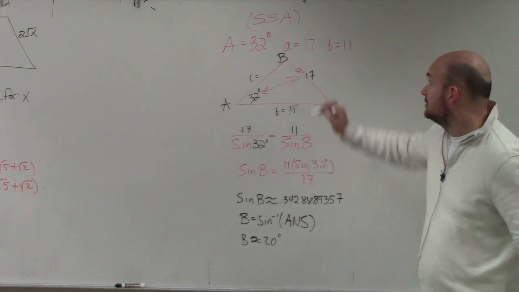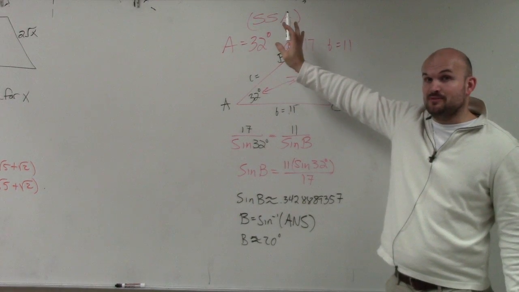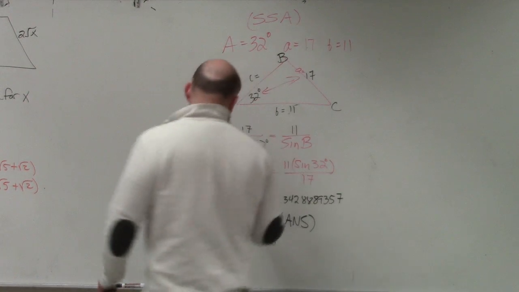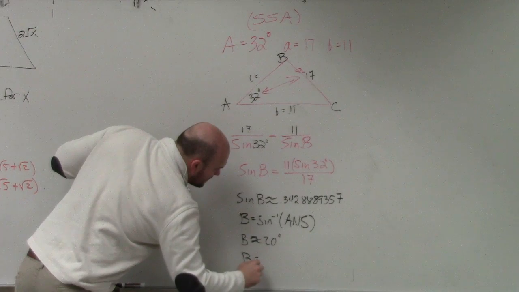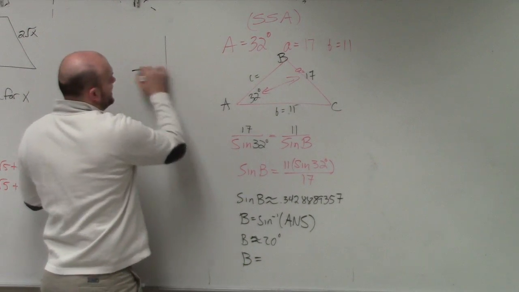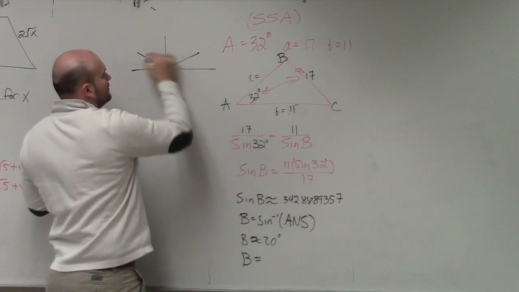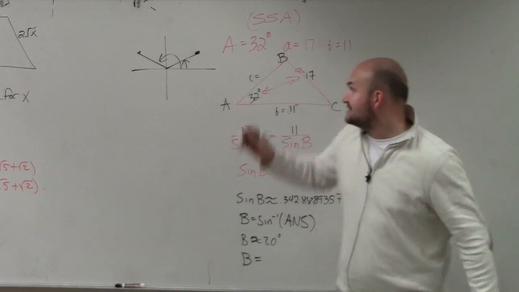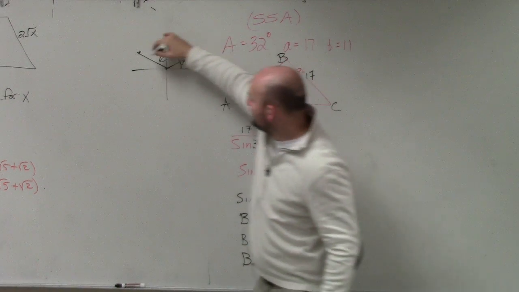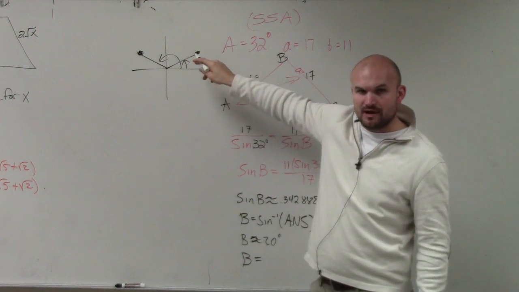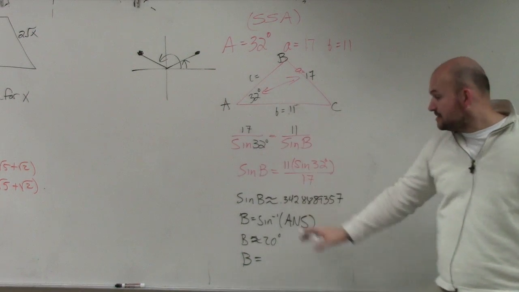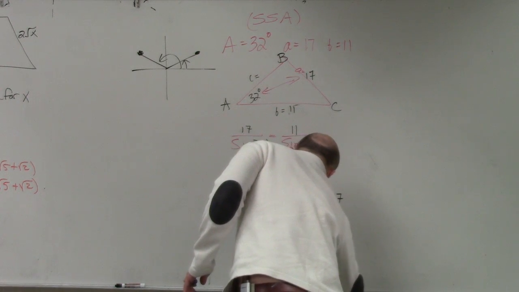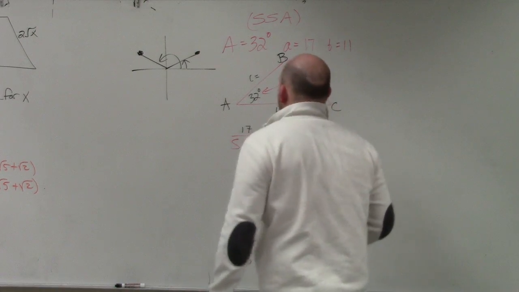OK? Now, this is a possible ambiguous case, right? Possible. Side-side-angle. Anytime there's side-side-angle, it's a possible ambiguous case. Correct? So what I need to do is check B prime. So remember, when we talked about this, when you guys are looking at the sine of an angle, you have two angles, right? You have the acute angle and you have the obtuse angle. The sine of these two angles have the same y. Do you guys agree with me that these two points have the same y coordinates? Right? So therefore, I need to check for this. So I do 180 minus 20 degrees,